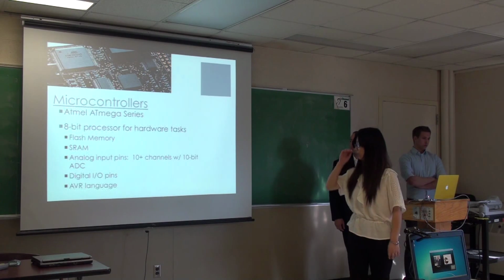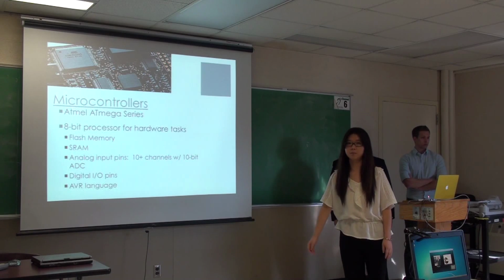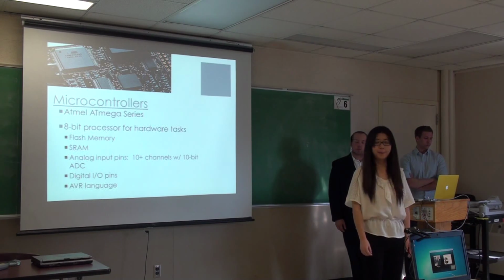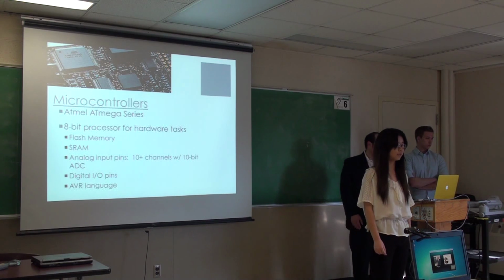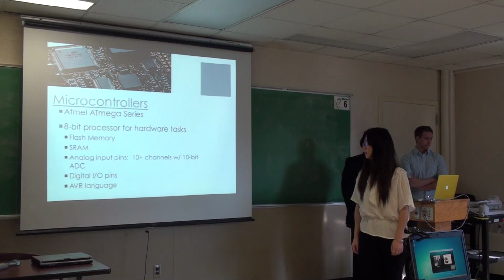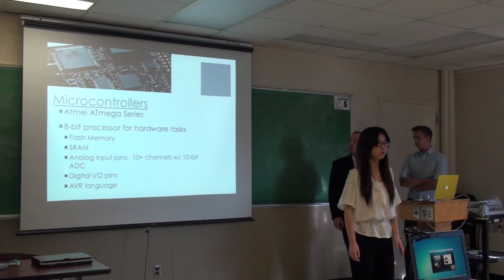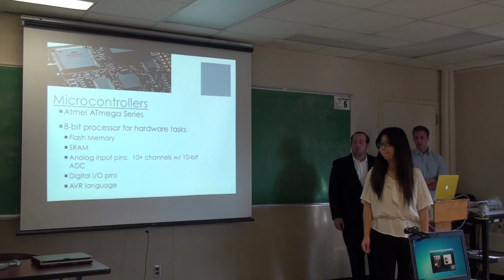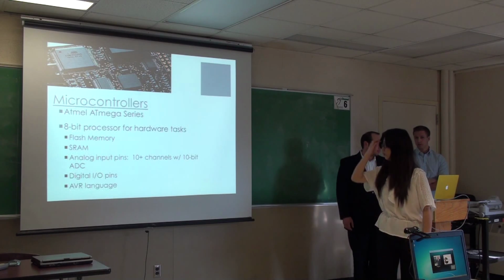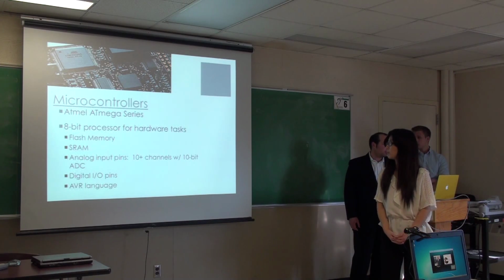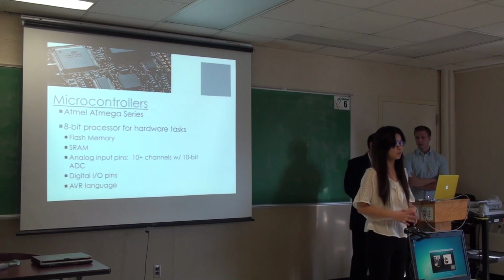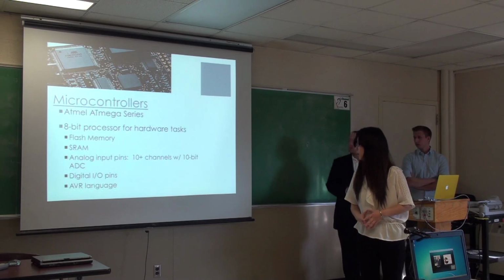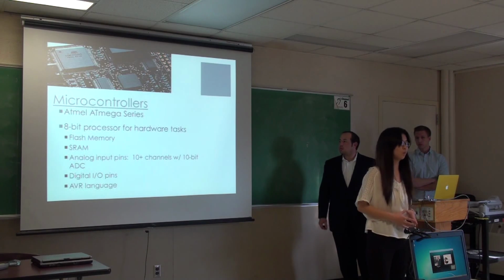And next, I will talk about the list of the main components in the microcontrollers. The first one is the flash memory, meaning how much code we can write into a microcontroller. And RAM, which functions pretty much the same as a normal PC RAM. And for the ATmega microcontrollers, most have more than 10 analog input channels and one 8-bit analog-to-digital converter, so that any analog input signals will be converted into